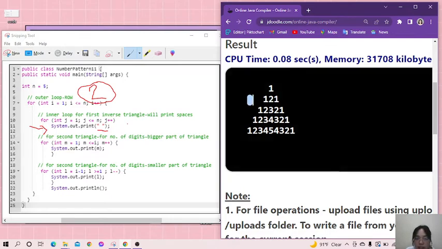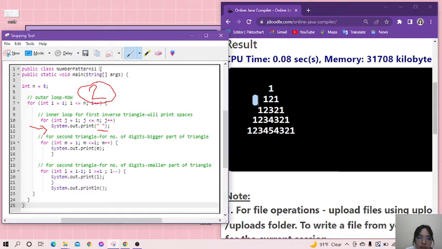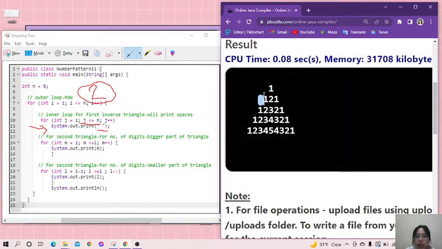So, since, again, na-satisfy niya ang condition, we're going to increment the value of j again. So, j will now be 4. So, is 4 less than or equal to n? Yes, so we will print another space. So, ito na naman isang space. So, lastly, since ang value ng j is 4, satisfy na naman niya ang condition, we're going to execute change by incrementing the value of j. So, j will now be 5. So, 5 is less than or equal to n? Yes, it is true. So, magpiprint po siya ng isa